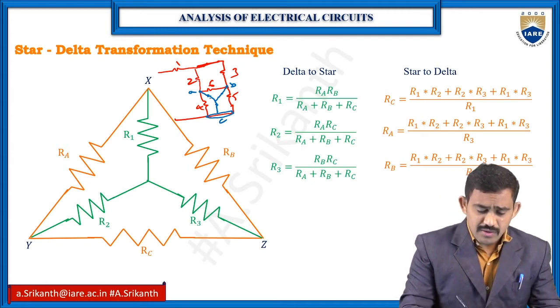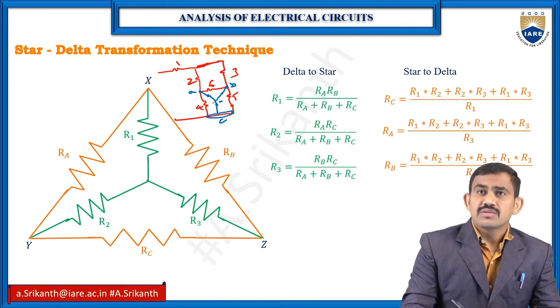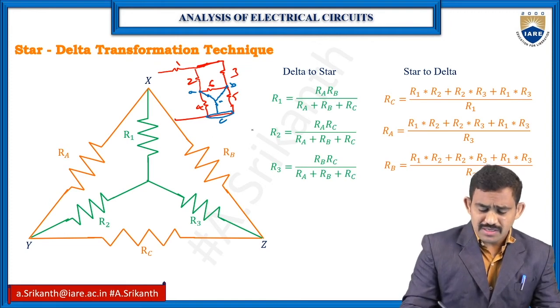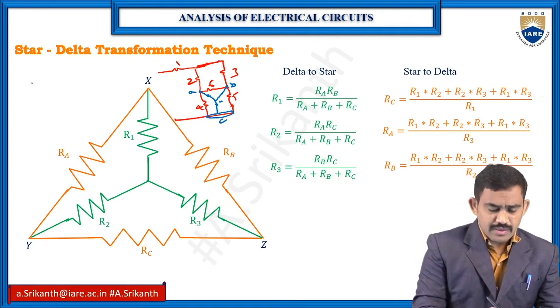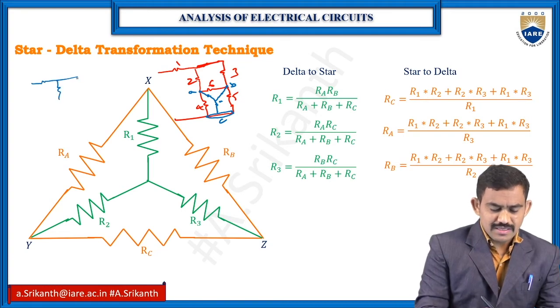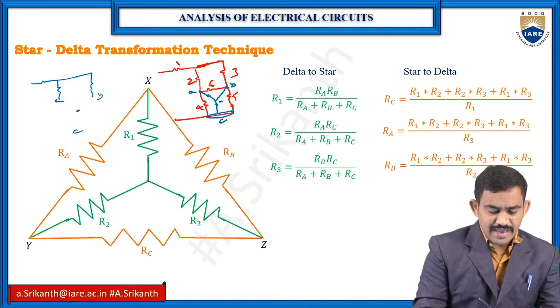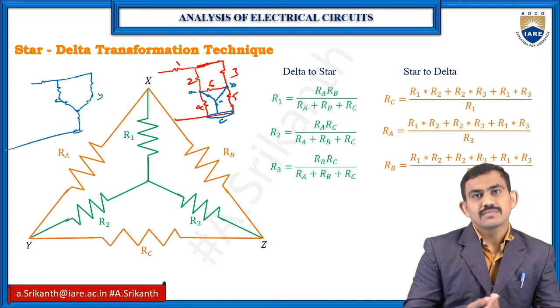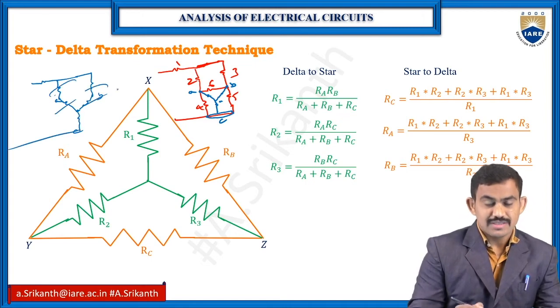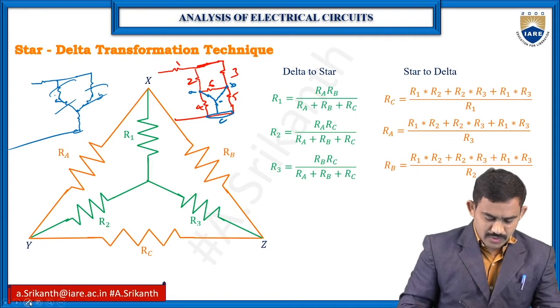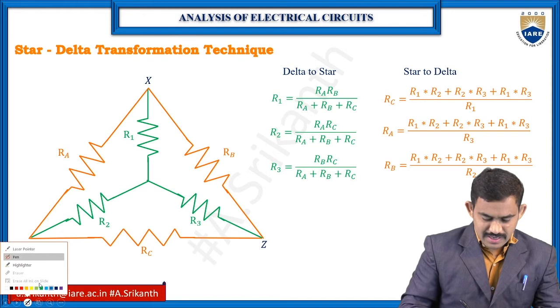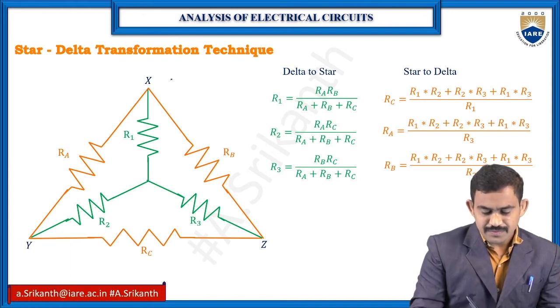Okay. Now suppose this total circuit will get the 2 ohm resistor as it is, and the 3 ohm as it is. But between A, B and C and O we have a resistor each: A and O have a resistor, B and O have a resistor, C and O have a resistor. Now these two are series, these two are series. Suppose I want to find out for the same circuit,